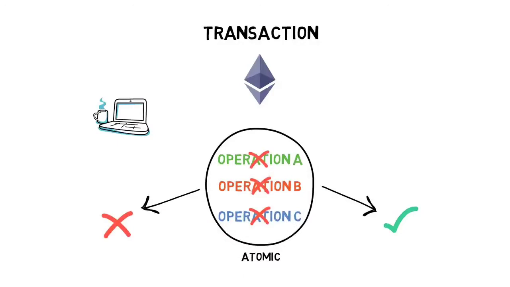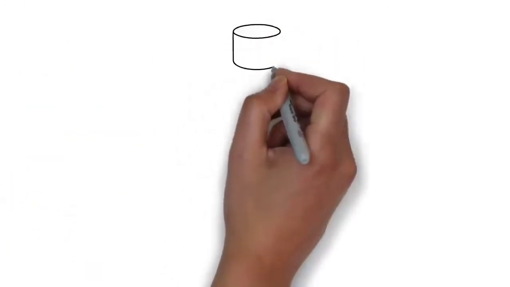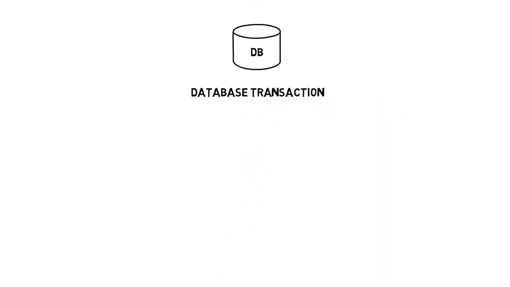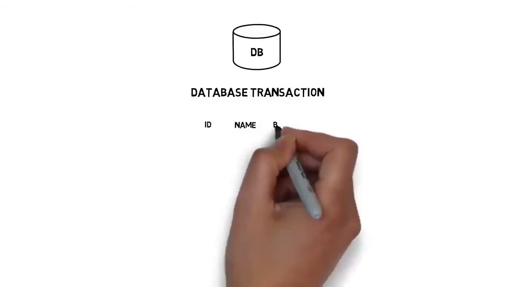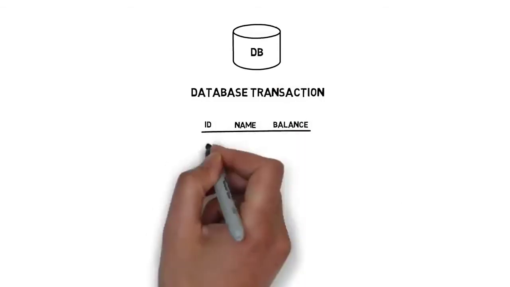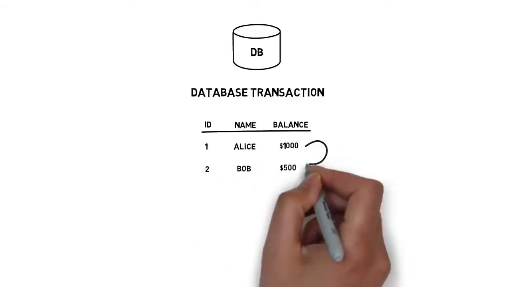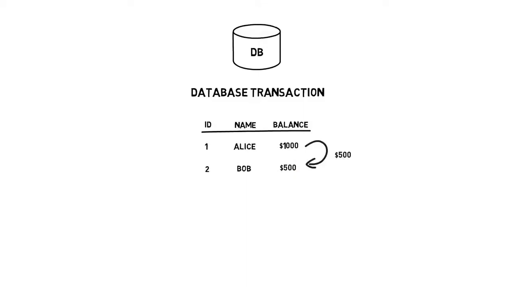Let's take a simple database transaction as an example. If you're already familiar with this concept, feel free to skip this part. Imagine a database table that represents users' balances. Alice's balance is $1,000 and Bob's balance is $500. Alice sends Bob $500. In this case, we, of course, have to subtract $500 from Alice's balance and add $500